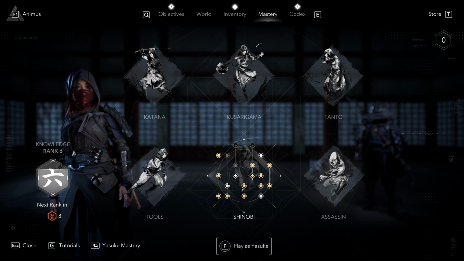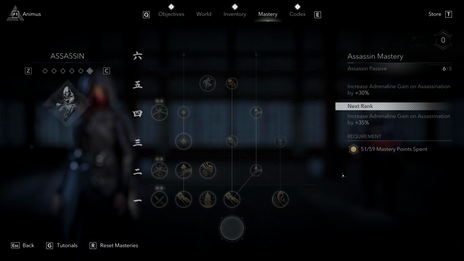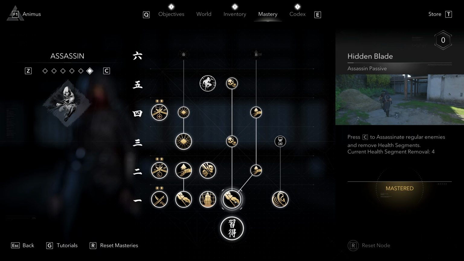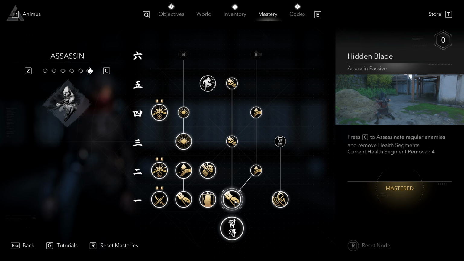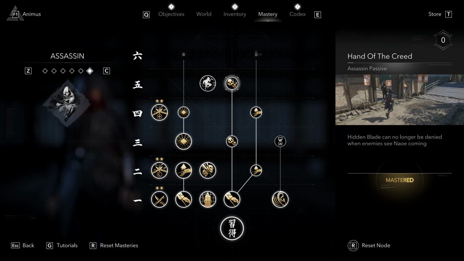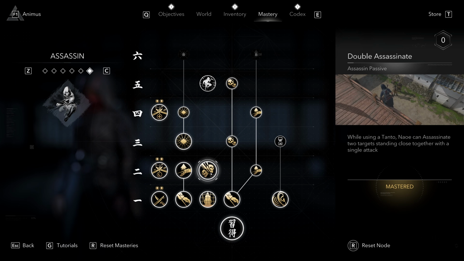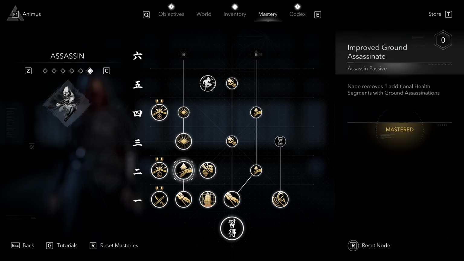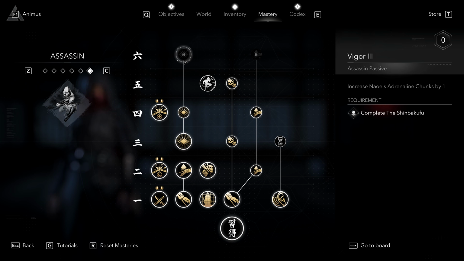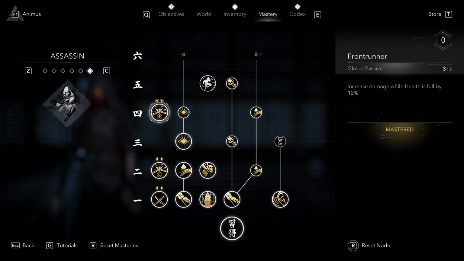So that's pretty much it for Shinobi. Last but not least, we also have Assassin. Clearly, you want to take as much as possible right here to maximize the efficiency of your Hidden Blade. This one already by default removes 4 health segments. Also go for the one to use it against large enemies, go for the double assassinate, for the ground assassinate, and also take the extra adrenaline chunks, especially the final one once you've unlocked it, and also increase your damage